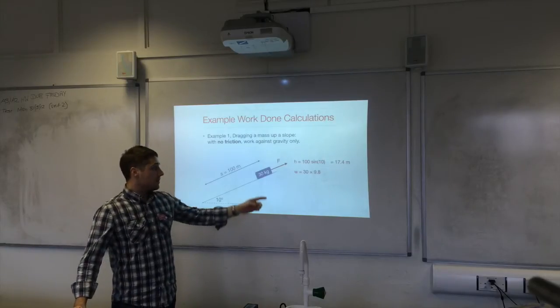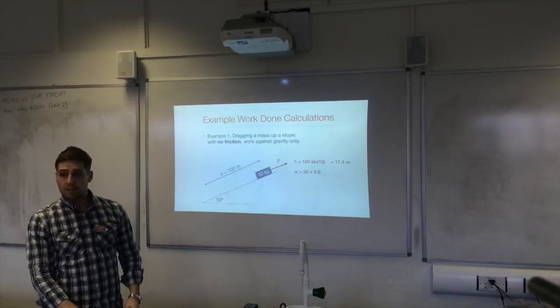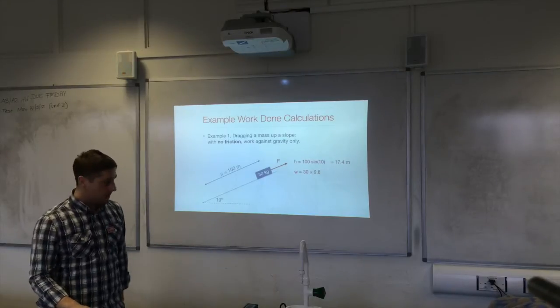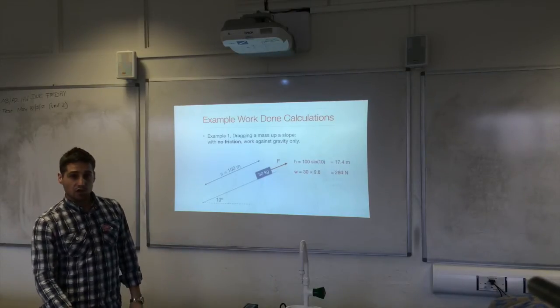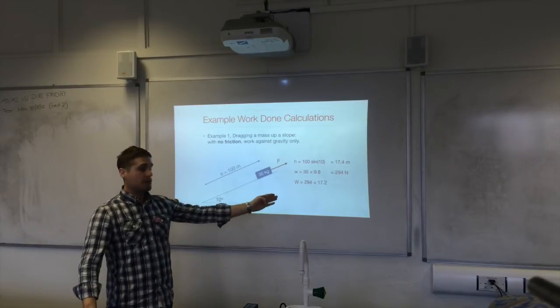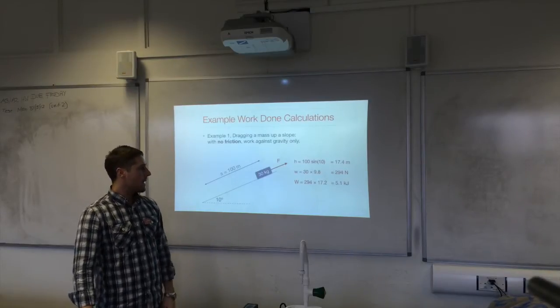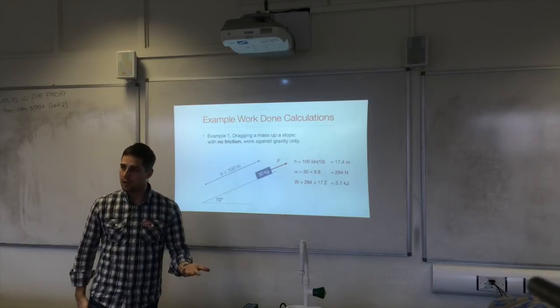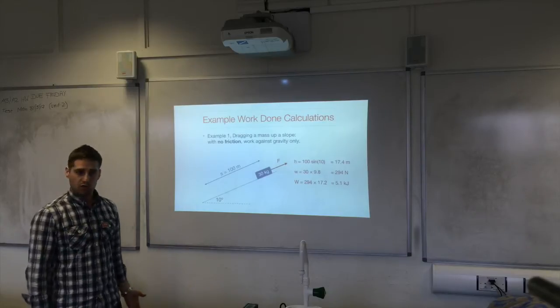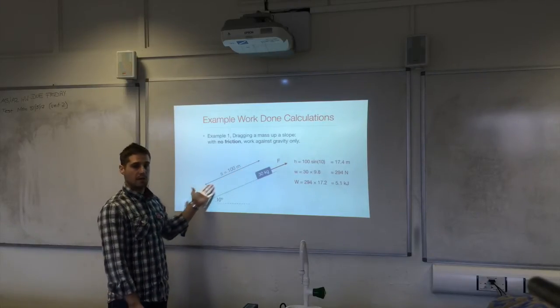The weight is 30 times 9.8, so that's mg, and that's 294 newtons. So the work done is 294 times 17.4, so it's about 5.1 kilojoules. That's how much work we did dragging it up a frictionless slope. Didn't need to worry about this distance here,